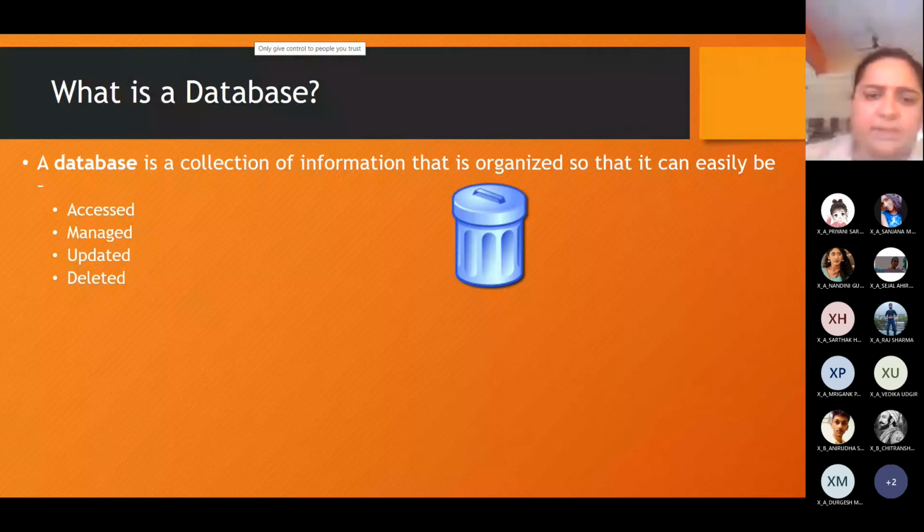An employee who has left the company, his data is not required, so that data can be deleted. Updating existing data means you need to modify the data. Some student wants to change his address or phone number. So what is needed? Updation of data is needed.